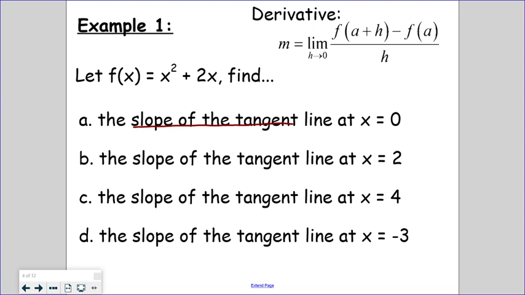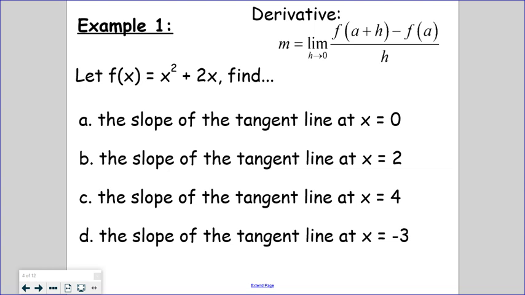And you notice that it asks us to do this 4 times for one function, right? Now I'm not going to do this 4 times. It's kind of how the question is being asked. When they're asking us to do the slope of the tangent line, they're asking us to do the derivative at that particular value. We are going to actually do a generic derivative where I don't plug in a specific number. We're just going to let it be a variable a,